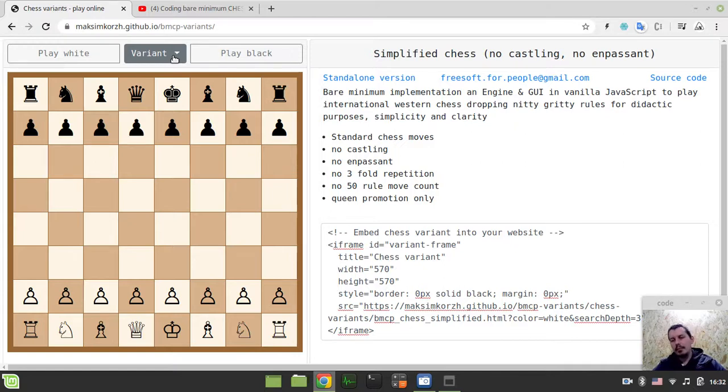I just wanted to demonstrate this very initial new breath, a second life for this bare minimum chess program, and hopefully it will give birth to new amazing variants. I'm not interested in variants like Crazy House or Bug House, these standard chess derivatives. I just can't see much sense in playing them, to be honest, but that's just a personal opinion. What I'm interested in is historical variants, like Chinese chess, xiangqi, potentially Korean chess, which is a variant of xiangqi itself, maybe